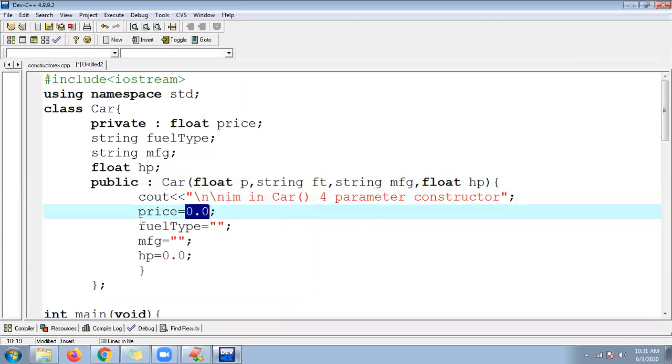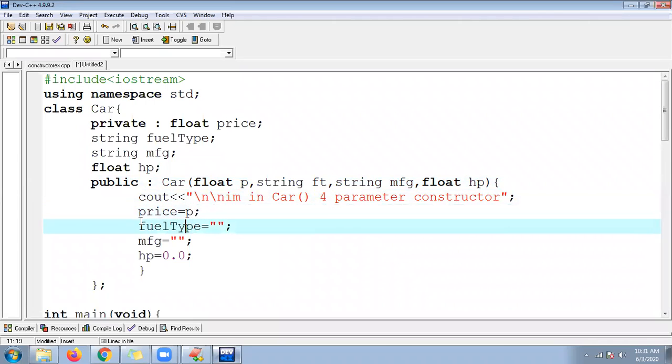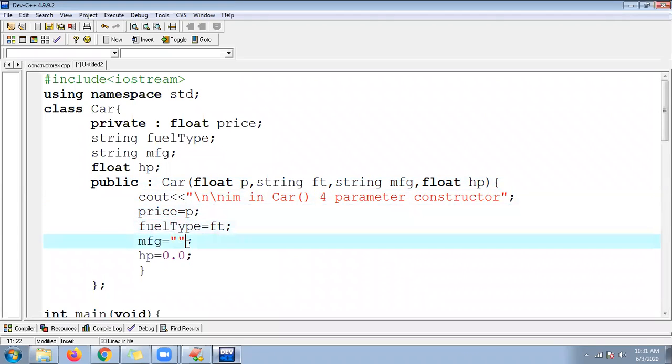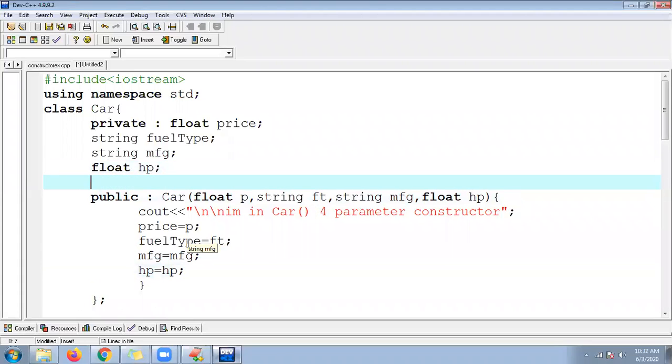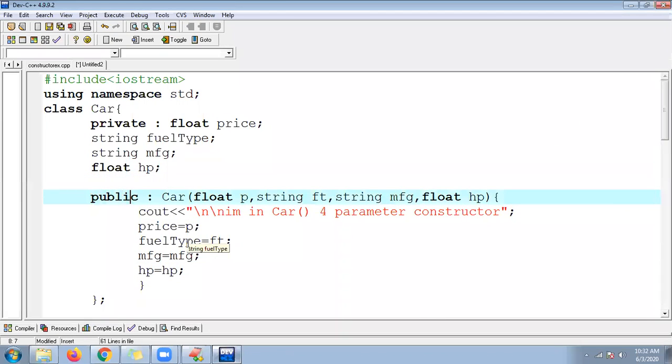Instead of using default value 0.0, I can pass P. Instead of using the empty fuel type, I can pass FT. Instead of using empty manufacturing, I can pass my own value in MFG. Instead of using HP as 0.0, I can pass my own HP. Okay, guys, are you clear? How can I initialize now?